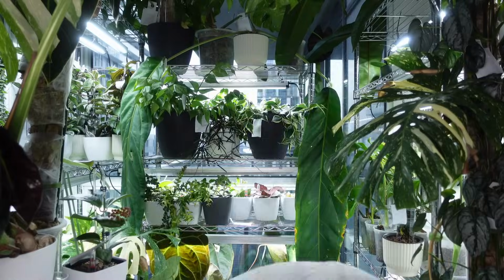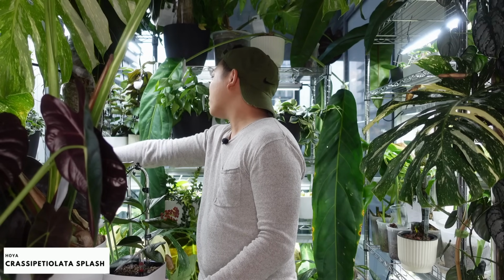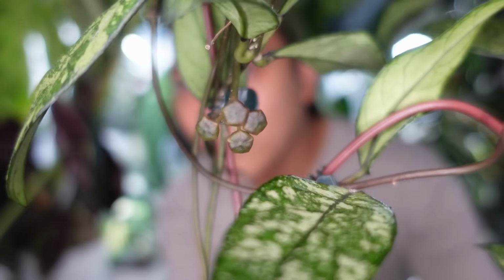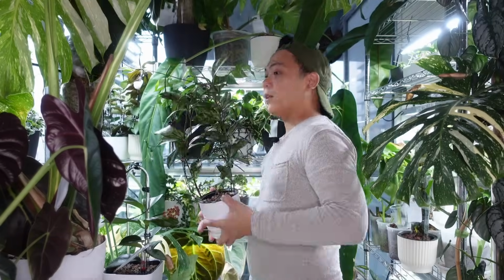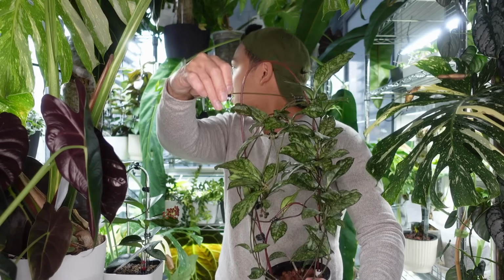I mean, there's a bunch of plants in here. I think there's like 3. Oh my God, and even look, oh my gosh, I never see them. They're so cute on the floor. Oh, I forgot this one was gonna be, oh, the other one died. Okay, Crassipetiolata, this is the closest. Remember when I knocked it over and there was sap? Only 4 of them so far. Okay, Crassipetiolata, splash, okay. Look at, ooh, there we go. Ooh, now I feel like I'm just showing you all my plants. Any tendrils that I can see, I tie them down just so they don't latch on